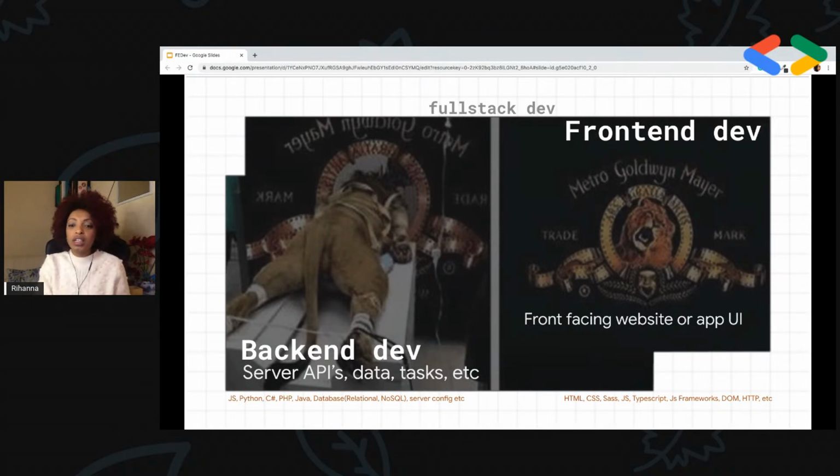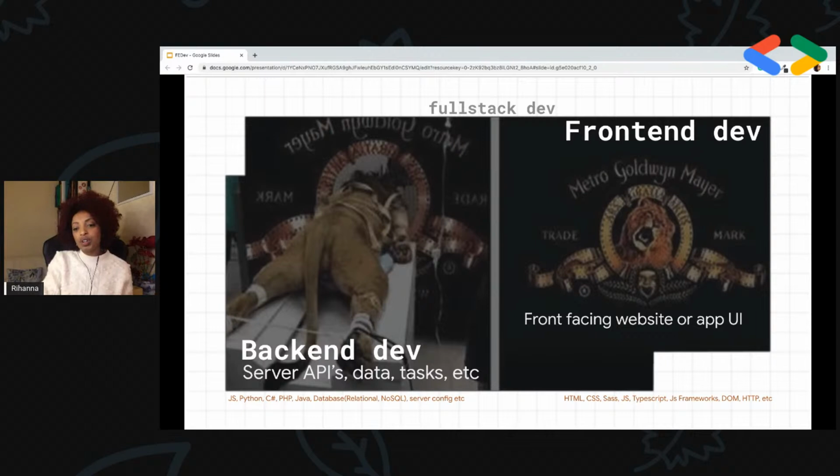In summary, front-end developers work on what the user can see, while backend developers build the infrastructure that supports the front end or the client-side application. Both are necessary components for a high-functioning application or website. The term front end refers to the user interface, while the backend means the server, the application, the data, the database, some tasks, and so on, that work behind the scenes to deliver information to the user.